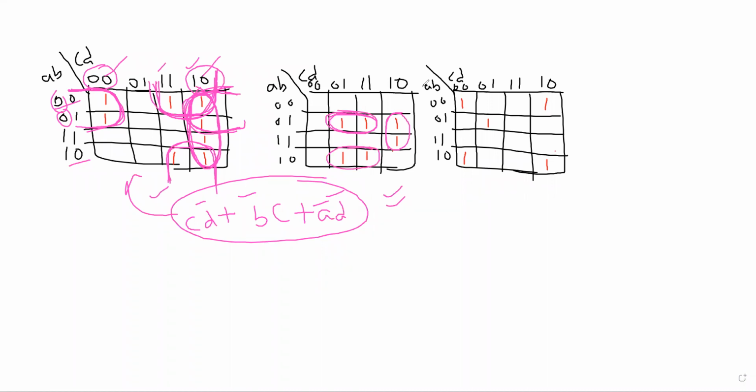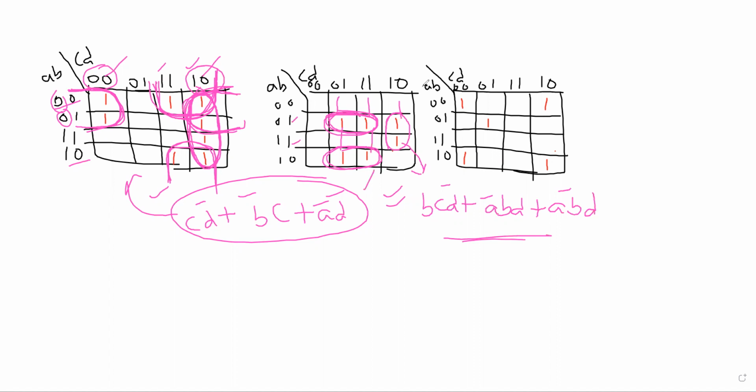Now, similarly, it is also a pair. Now, if you observe, what is the output for this? Two rows are there. Which one is common? B is common. B into only one column is there. That means B into C into D bar plus, for this if you observe that only one row is there, therefore A bar into B. But if you observe that two columns are there, which one is common? D is common plus, for this only one row is there. What is that row? A into B bar, but we are having two columns. Once again, which one is common? D is common. This is the output for this.